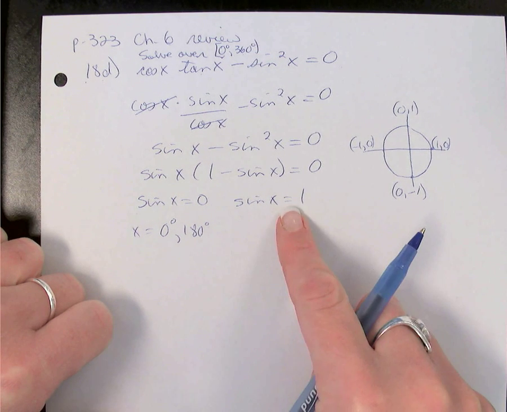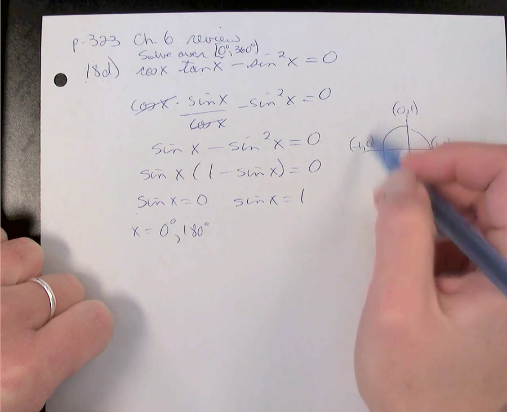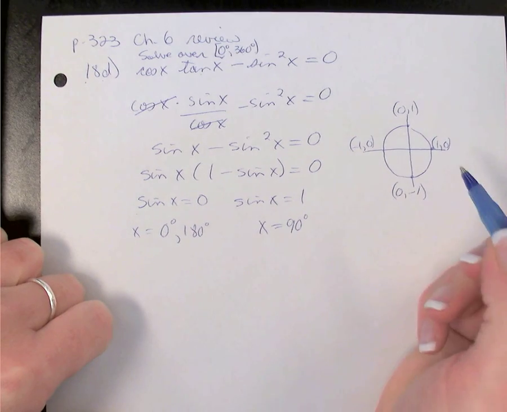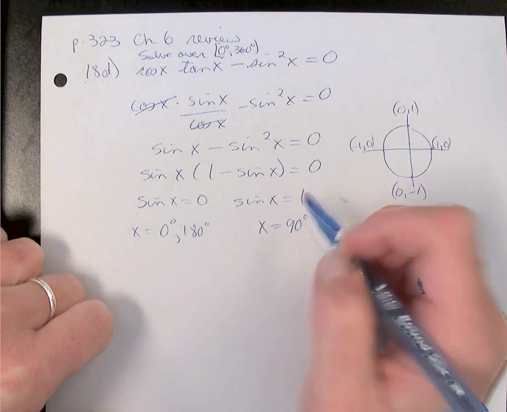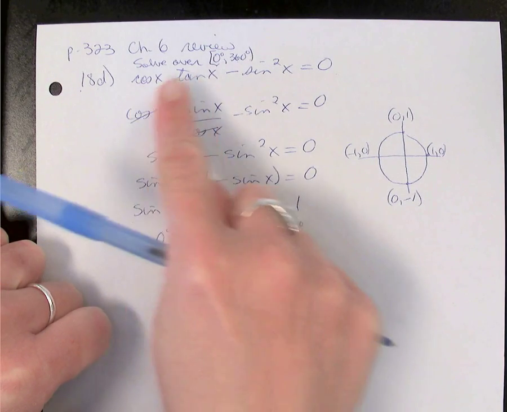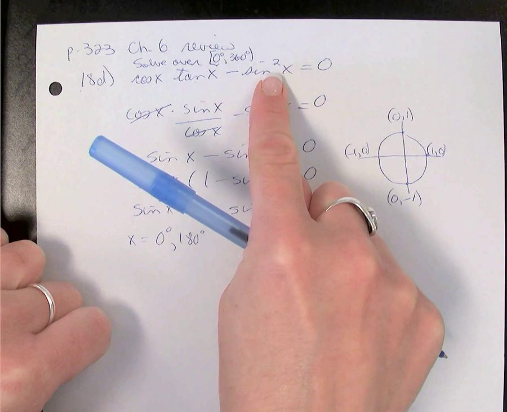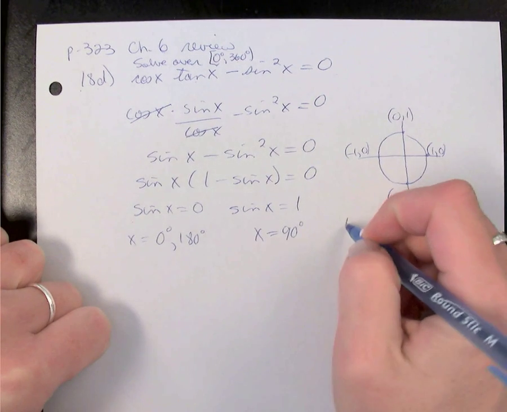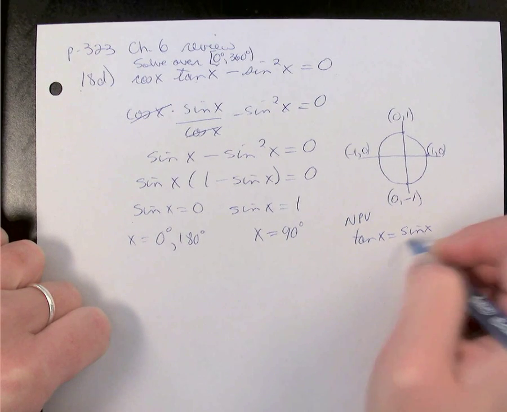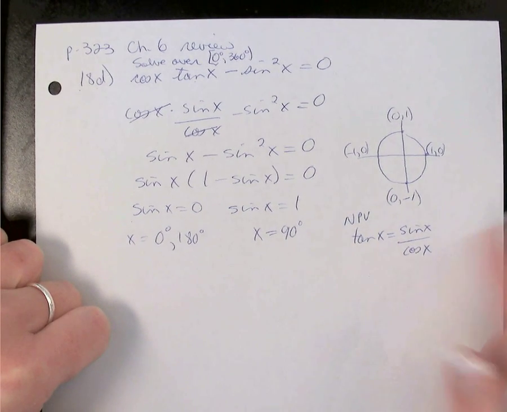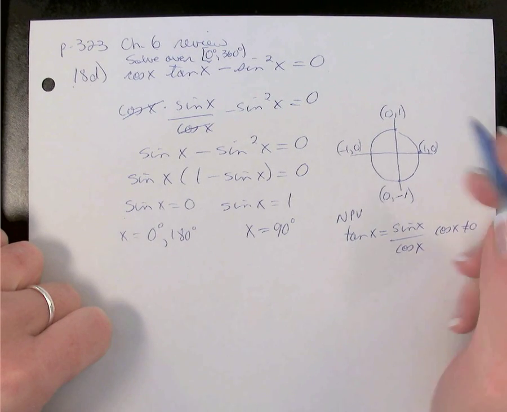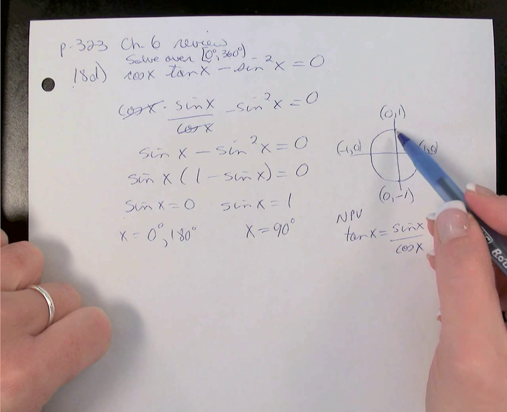Now let's look at sine x equals 1. Sine x equals 1 happens at 90 degrees. Now, this is also actually not one of our answers, because if we go back to our original question, and we should maybe do this first sometimes, cos x doesn't have any restrictions, nor does sine x, but tan x does. So if we remember our NPVs for tan x, because sine x over cos x is equal to tan x, cos x cannot equal 0,